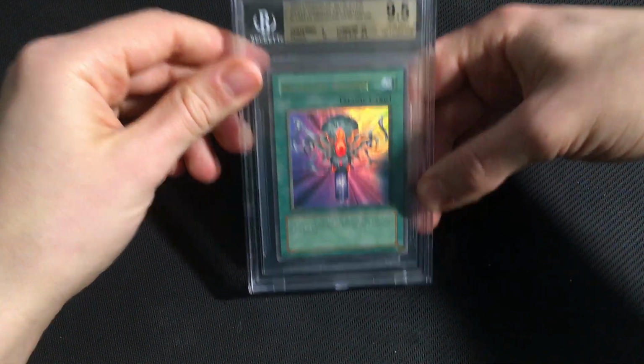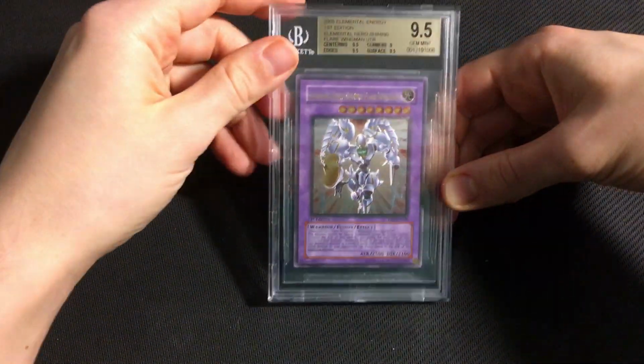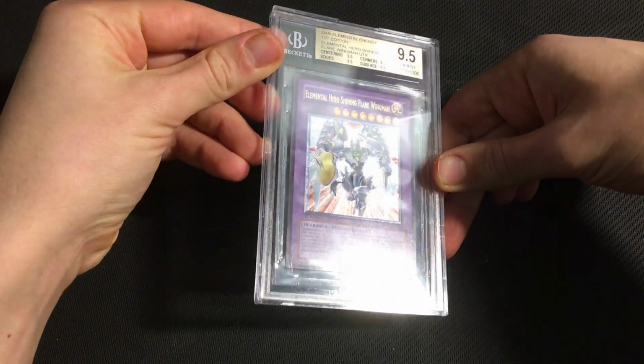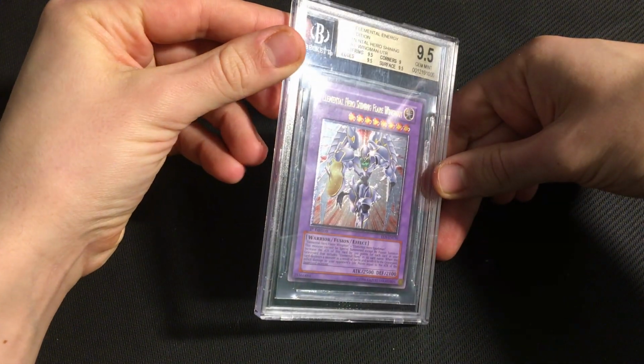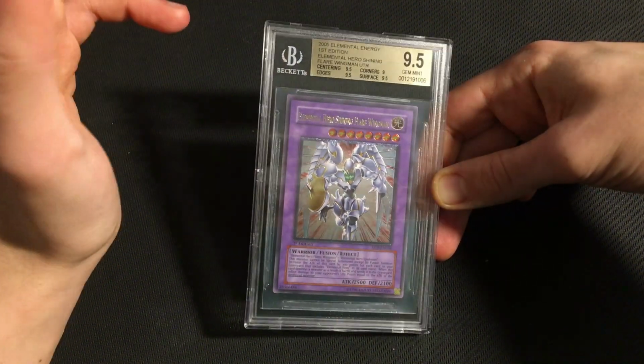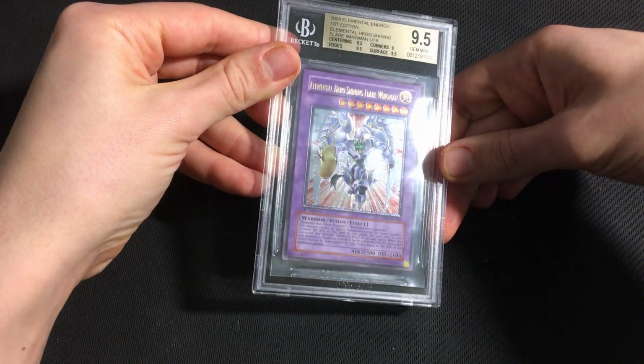At number 12, we have the final Ultimate Rare on this list, which is my Elemental Hero Shining Flare Wingman, BGS 9.5. This is also a Euro print, like the Flame Wingman I showed earlier, and so you can see it's got a nice amount of pop to the foil, whereas the North American one is pretty flat. I do actually prefer the regular Flame Wingman to this card in terms of aesthetics,